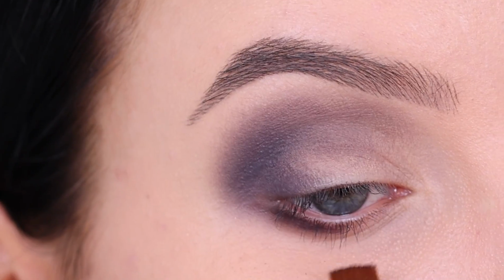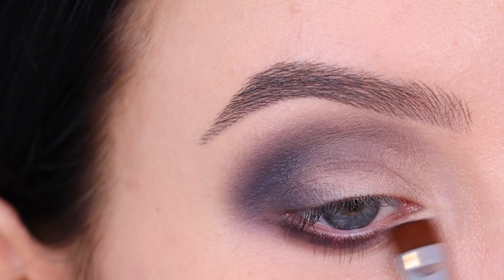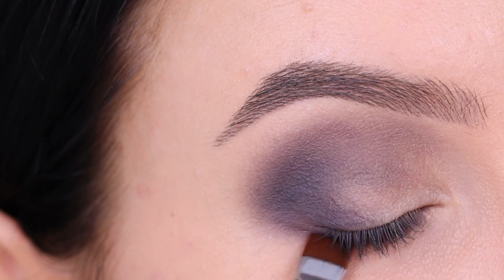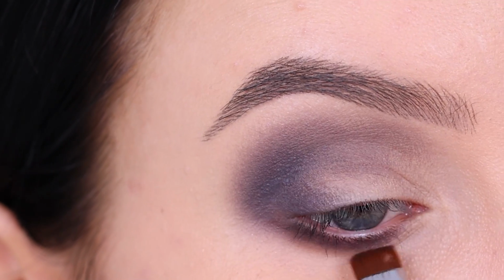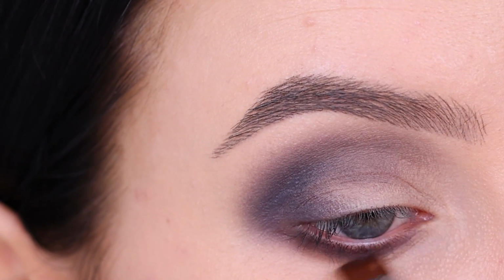So now that my crease is done, I'm gonna use that same color and now start blending this right underneath the lower lash line, just sweeping my brush back and forth. You just want to make sure that the eyeshadow is there, and you know, this eyeshadow look is for beginners, so